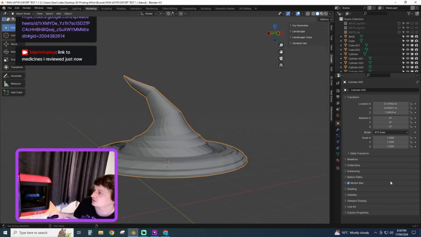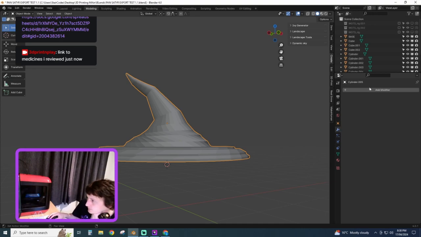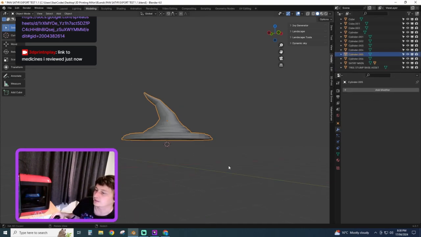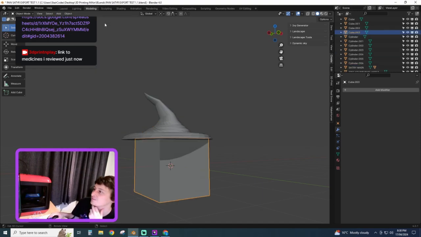Modelling's good. I've typically got modelling set to black and white in the standards. There's a bunch of other stuff here, but I don't really want to worry about that because this is more about my export tests, and I don't care about removing it for this, but you can see I've got a very messy outliner. I'm just going to add another cube and also not name it. So we've got 3 unnamed cubes, 4 unnamed cubes, a bunch of unnamed cylinders.